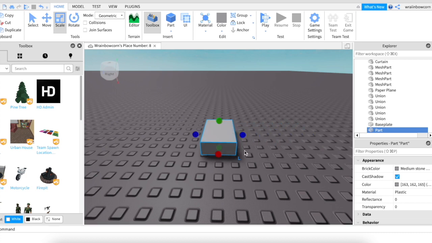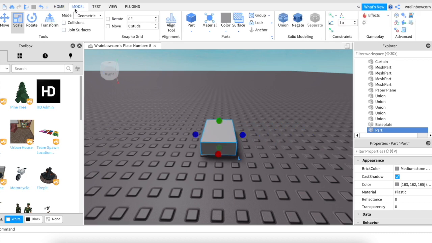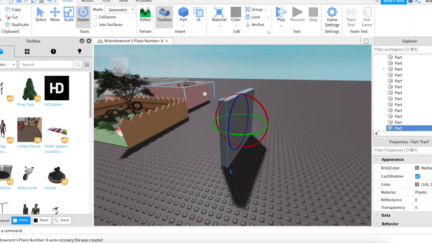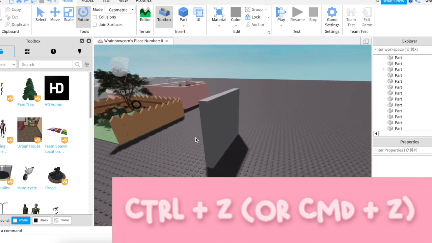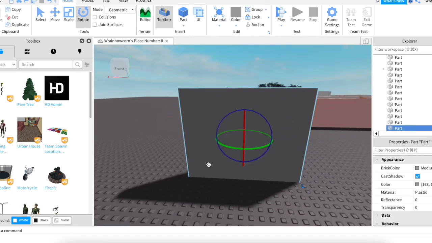So in order to do this, you're going to go to model, and you are going to go to rotate and move, and you're going to change it to 0. For example, if I maybe change rotate to like 50, you aren't going to be able to have smooth movements, and it's going to be blocky like this. So having it at 0 is going to make the movements and rotations a lot more smooth. And if you want to undo something, you can just use Control Z or Command Z if you're on a MacBook like me.